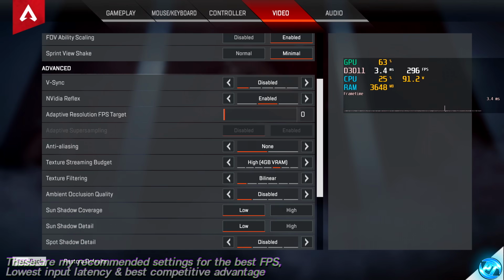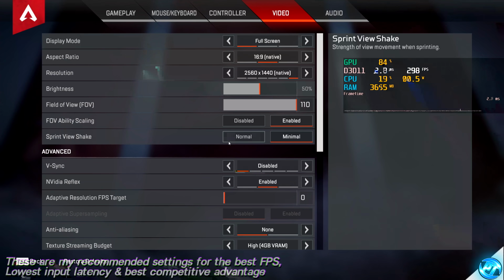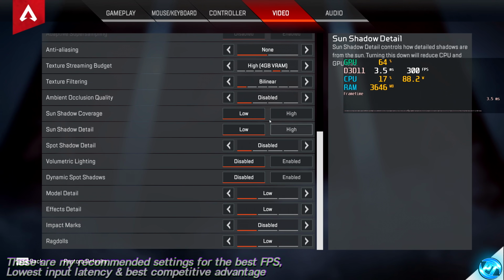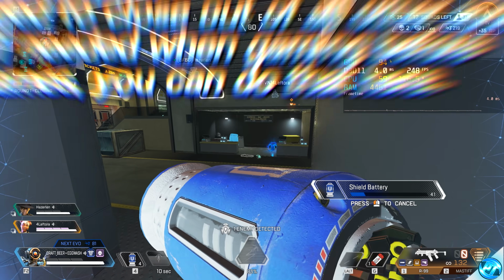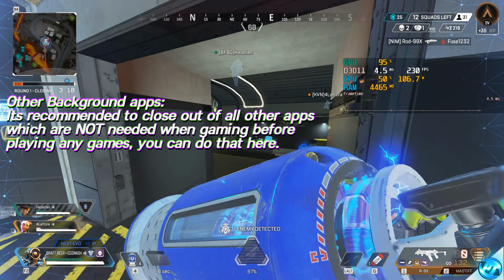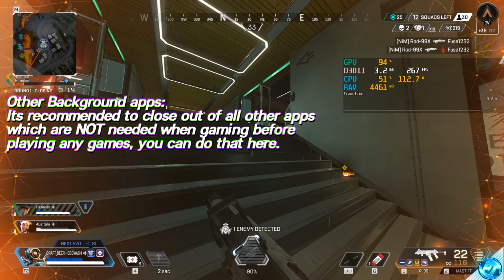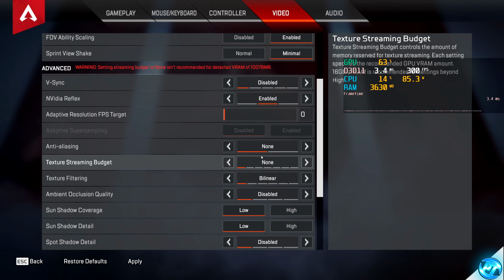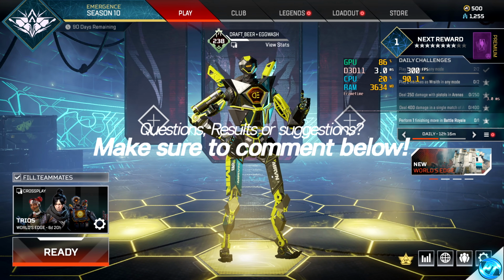Applying this option will then simply change the way the textures look in game, and as you can see, my character model looks fantastic. But for the most part, I wouldn't recommend changing anything from how it looks on my screen here, as this is going to be the best balance of performance and visuals for the game. You'll be able to see a quick gameplay example on the screen now of me running these exact settings with the texture streaming budget set to higher than normal, so we don't have the washed out looking textures. But for full disclosure, I usually play with the default settings applied whenever I boot the game, with the washed out textures, as that does provide me with just that little bit of extra FPS.